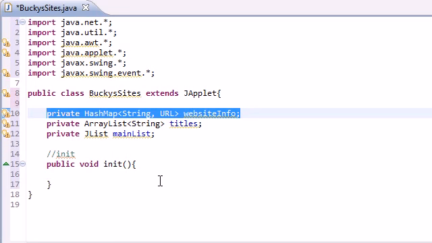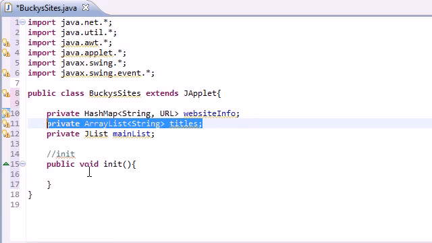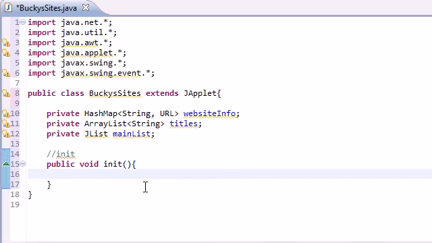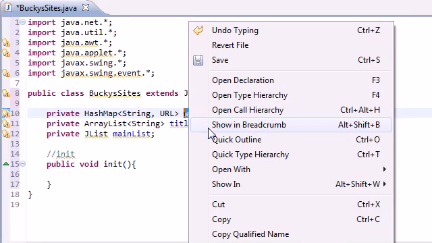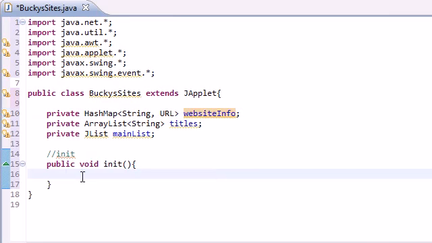And of course the first thing we need to do is, now that we pretty much said, okay, Java, we're going to make a hash map and an array list, we might as well go ahead and make them in our init method, since we're always true to our promises. So this one was named website info. Let me just copy that. So website info equals new hash map,